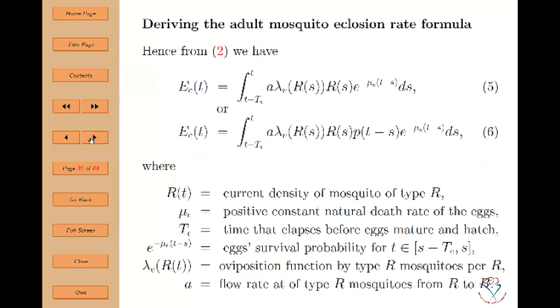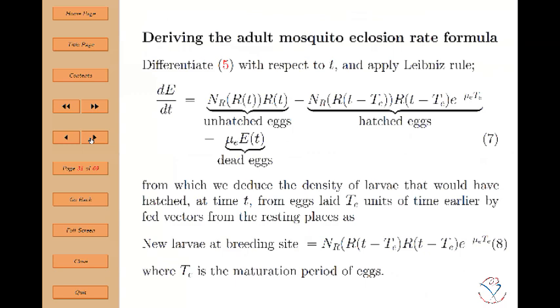What we did was just apply Leibniz rule for differentiation under the integral sign to find the rate of change of E with respect to T, to have these three terms in equation 7. The first term represents the eggs that have not hatched. The second term represents the eggs that have hatched, and the last term represents the eggs that have died. And so we'll interpret the second term there as the new larvae